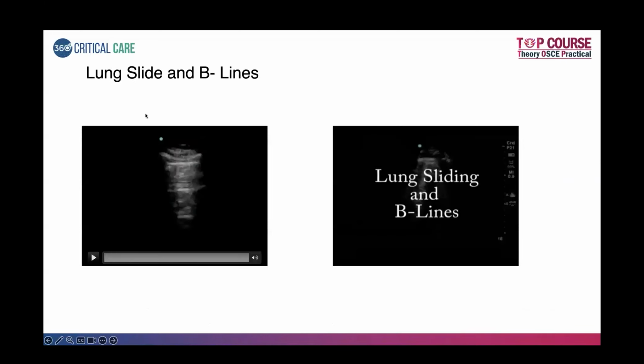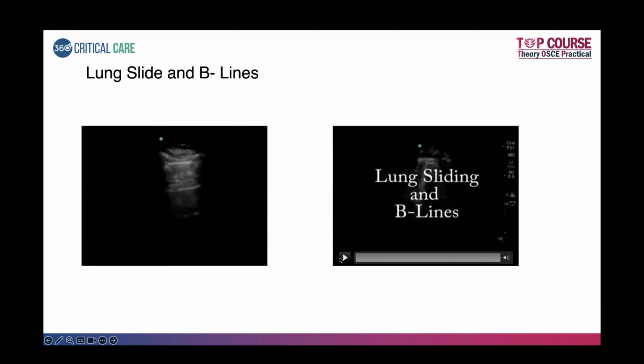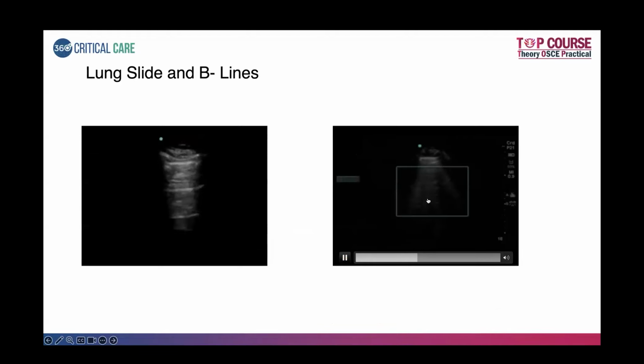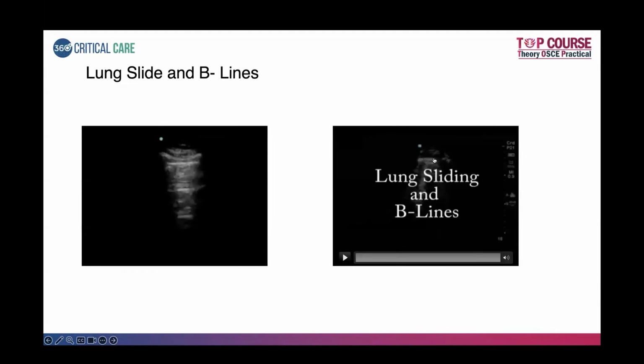So the other two things I mentioned were lung sliding. This is one image with normal lung sliding, but in pneumothorax there would be absence of lung sliding. And here you would see the presence of B lines. B lines usually indicate congestion, but in a patient with a pneumothorax,